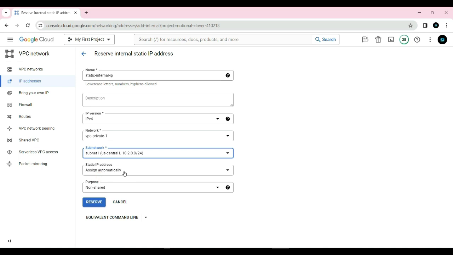Then select the subnet here, guys. Now guys, for the reserve internal static IP address here, I selected the network as VPC private one and selected the subnet one. Then the remaining fields, guys, you can leave as they are. One option is available here, this is the static IP address. As you can see, once you click on reserve here,